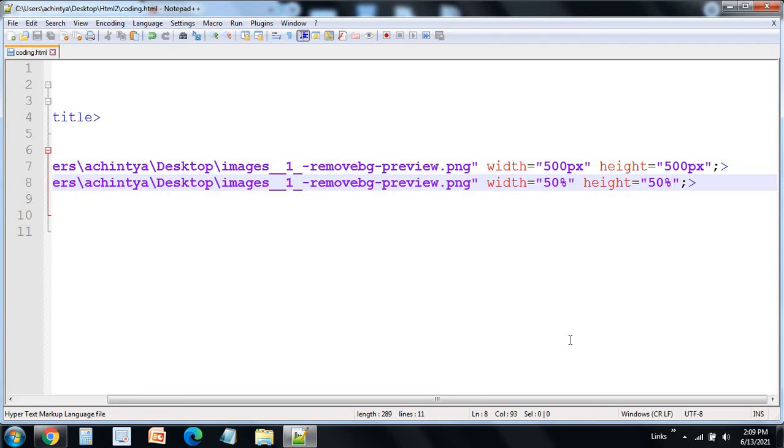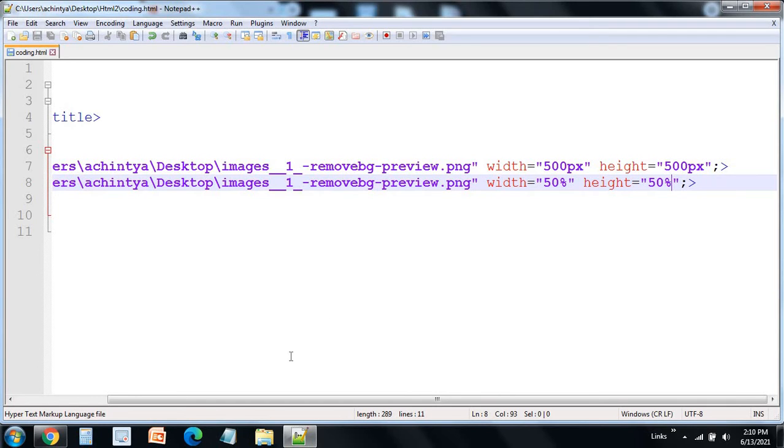So now you might ask, what's the difference between px and percentage? Px is basically applicable only for one computer. Suppose my computer screen has a different dimension and your computer screen might have a different dimension. So on my computer screen, the image's width is going to be proper, but if it runs on your computer, it's not going to be proper. So for that, you're going to use percentage.